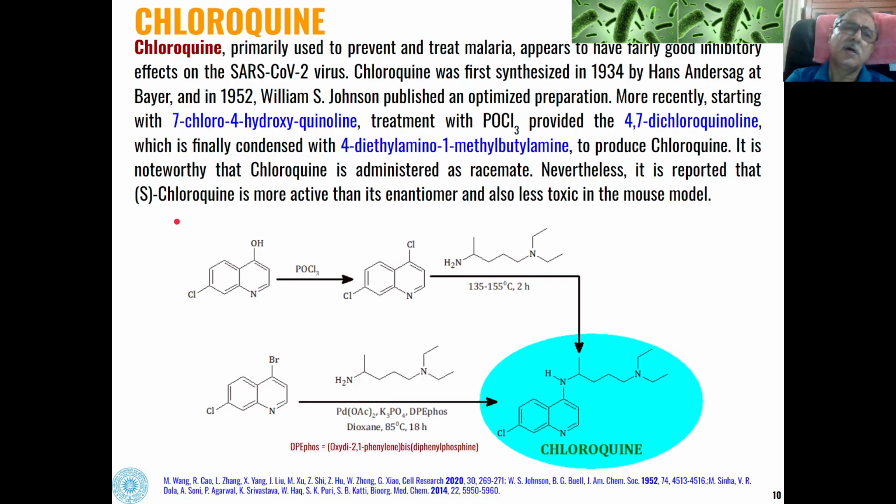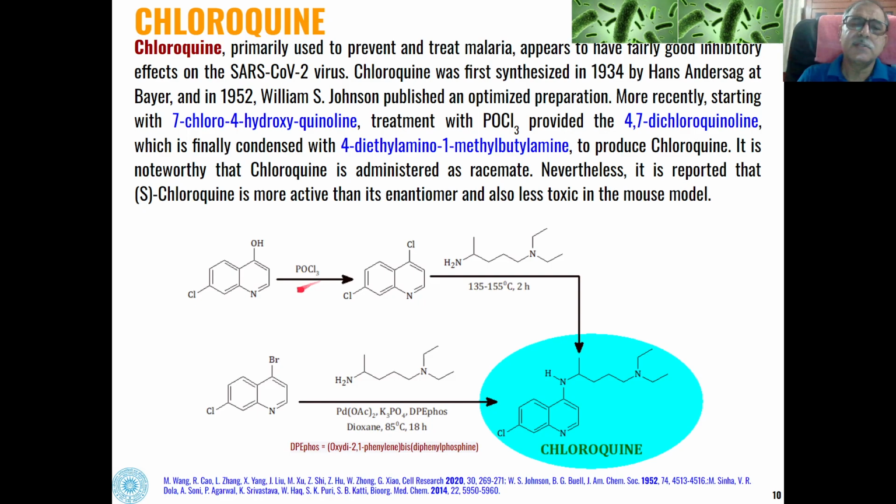The next is chloroquine. Chloroquine is primarily used to treat malaria, but this has also found a good inhibitory effect in case of COVID-2 virus. This was first synthesized in 1934 at Bayer, and then in 1952 William Johnson optimized the synthesis of this biologically active compound. So more recently it has been synthesized starting with